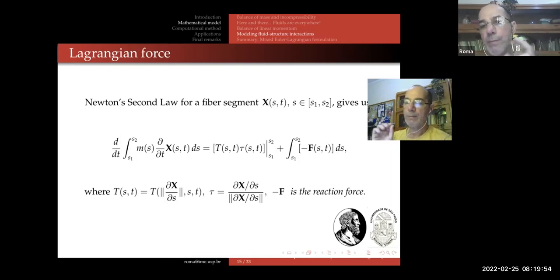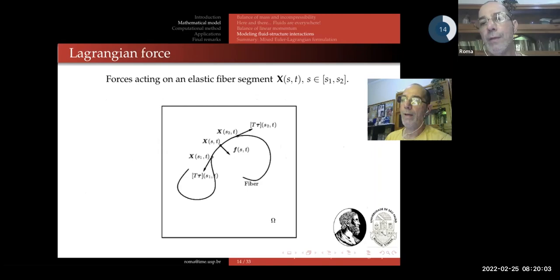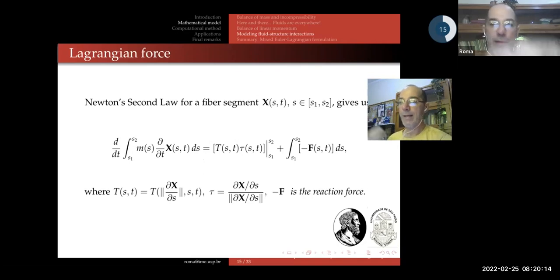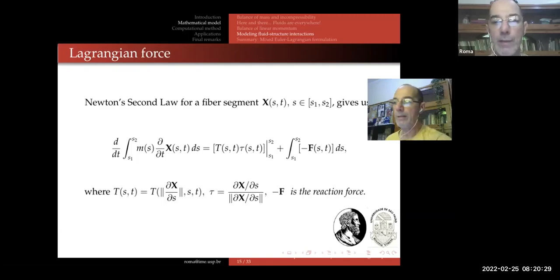I'm sorry, but the picture and the mathematics here are from different times in my life. This little f here actually should be a capital F. I'm sorry for that. I forgot to correct the slide. So this is the F acting over there, and this is the resulting force, the total force, right? So here we can apply the fundamental law, but let me explain piece by piece. This is the mass density of the elastic fiber.